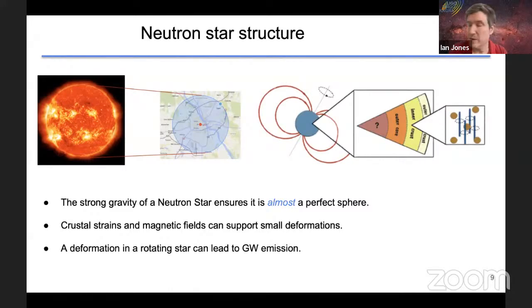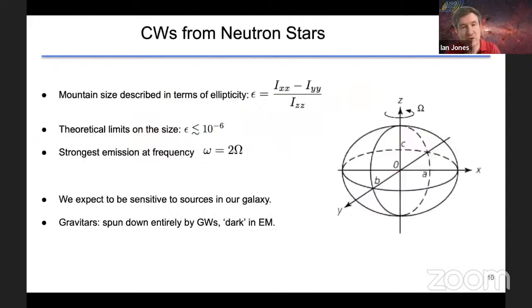If the star is perfectly spherically symmetric, or if it's perfectly axisymmetric and spinning, it won't emit any gravitational waves. But if it's deformed in some way, then it will stir up its gravitational field and it will emit some gravitational waves. The way that we think about this is we're slightly naughty and we use the term mountain. It's not really a mountain like Mount Everest. It's more like a global change in shape of the star, pulling it out into the shape of an American football or a rugby ball or something.